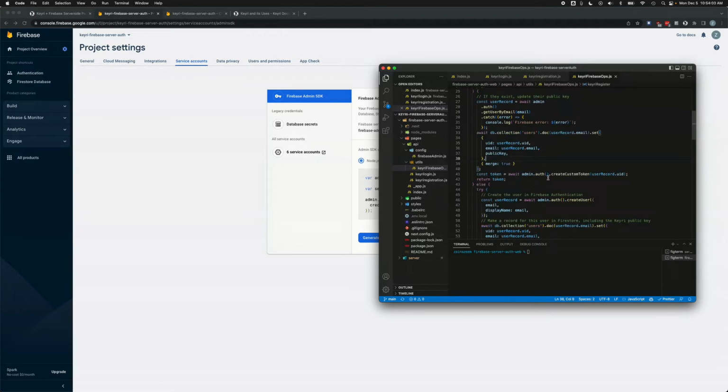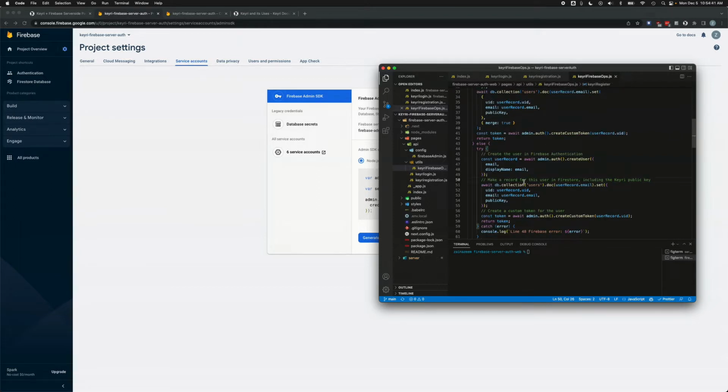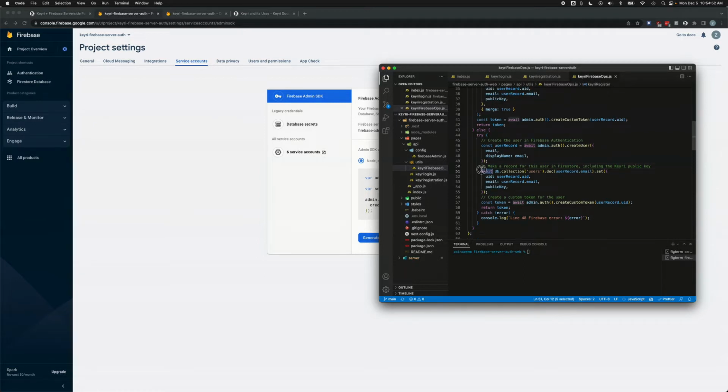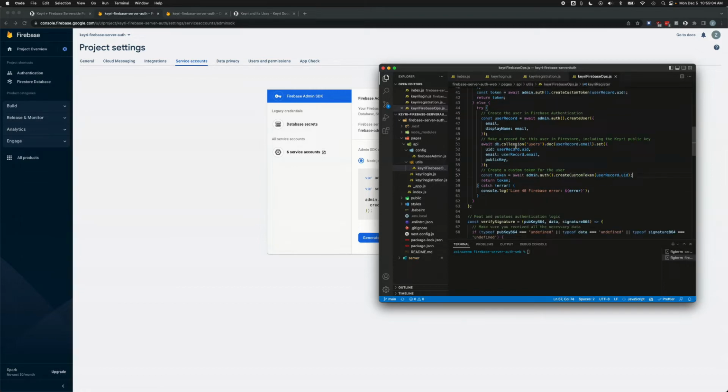In any case, now use the existing user's UID in Firebase admin's auth create custom token function and return that custom token so that when the user registers, they can also get logged in on their client. If a user with the input email address doesn't exist, then first create a profile for the user in Firebase authentication. And then you would just do what we already did, which is create a database record for that user, store their public key and their UID, and return a custom token to whoever had posted